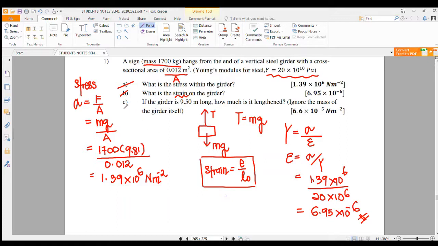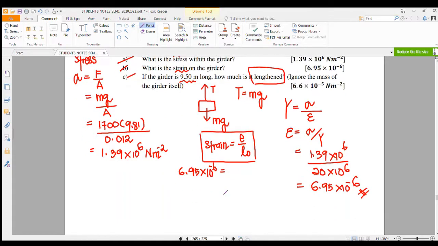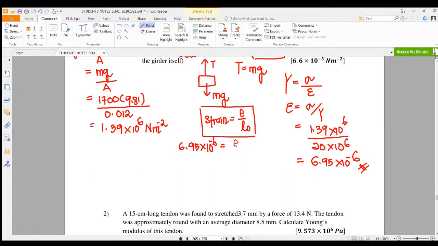And lastly, they ask you to find, if the girder is 9.5 meter long, so the original length is 9.5, the length, meaning that they ask you to find the elongation. The strain we just got is 6.95 times 10 to the power of negative 6, and the elongation is the value that we want to find. The original length is 9.5 meter, so we don't need to convert because it's in meter. After pressing the calculator, you will get 6.6 times 10 to the power of negative 5 Newton per